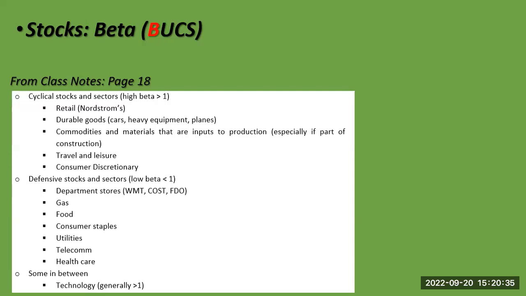So you have two decisions. If you're expecting a recession, you want to reduce your stock allocation, and within stocks, you want to reduce your beta, move from cyclical to defensive. Write that term down in your notes: within stocks. So if you're expecting a recession, you want to reduce stocks overall, and then within stocks, you want to reduce cyclical and increase defensive. All right, so you'll be using that term within stocks on the exam in both questions.